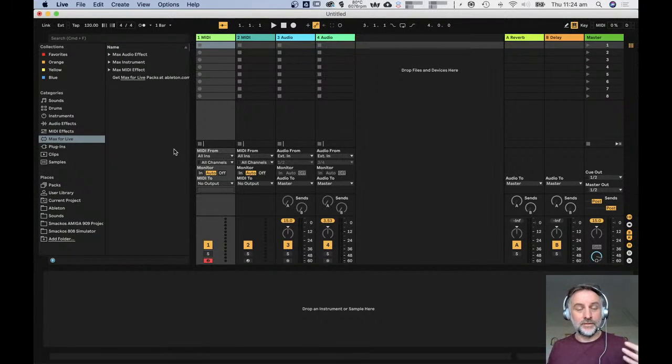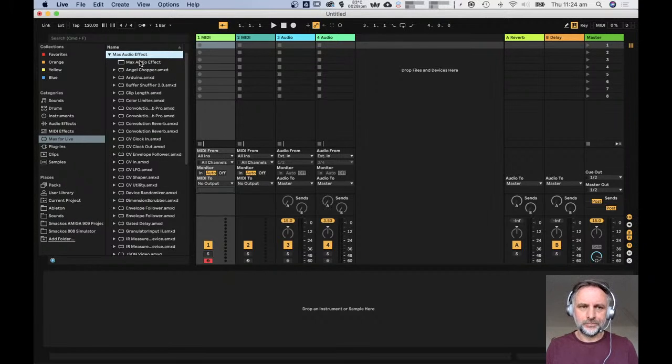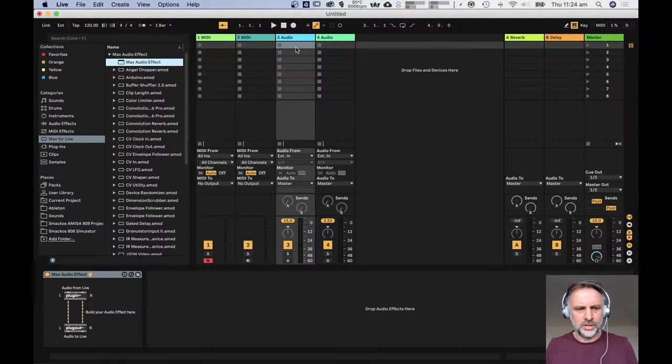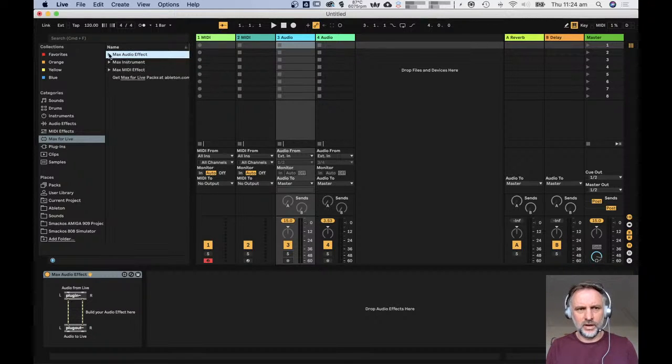We need to first of all decide what kind of effect it's going to be. I think it's going to be an audio effect because it plays back audio. And so we create a new empty audio effect from Max for Live. It could be an instrument because that will also create audio, but that implies that there'll be some sort of MIDI control over it, which perhaps there might be,